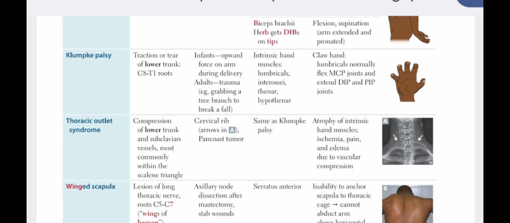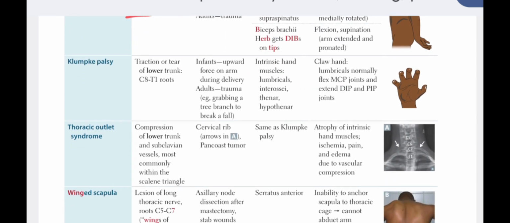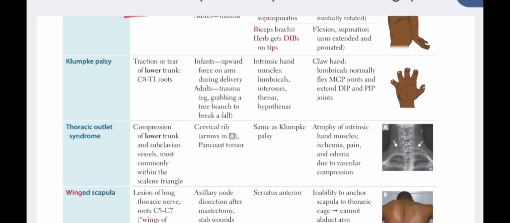Then you have the Klumpke paralysis. Klumpke paralysis is due to traction or tear of the lower trunk. Now we know that the lower trunk is formed by C8 and T1. So if there is any defect at this place, this will result in Klumpke paralysis. This is again common in infants due to upward force on the arm during delivery. Again, this is due to mishandling of the child during delivery by the midwife or by the doctor, and it can also result in